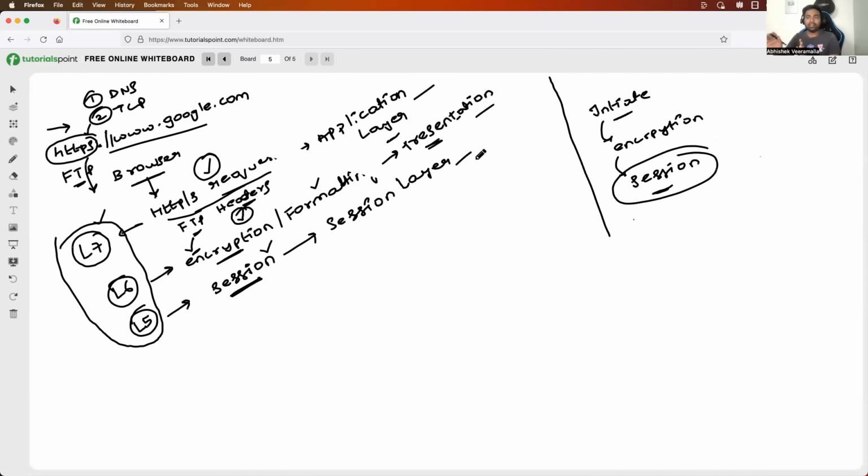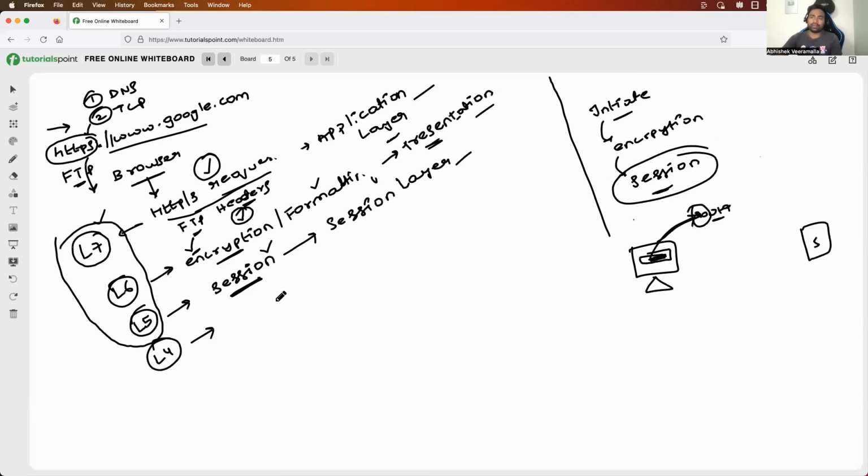We did not even come to the router part. If this is my laptop and this is my server, the laptop is connected to my home router. Till now, whatever I discussed is happening in the browser itself. My request did not even leave the browser if I'm talking about only layers 7, 6, and 5. Now, the next thing that happens is